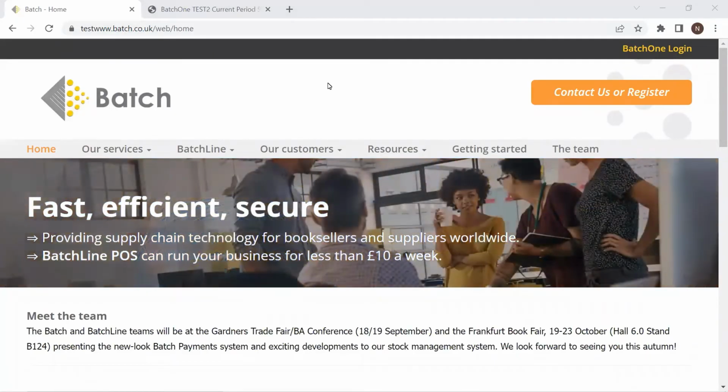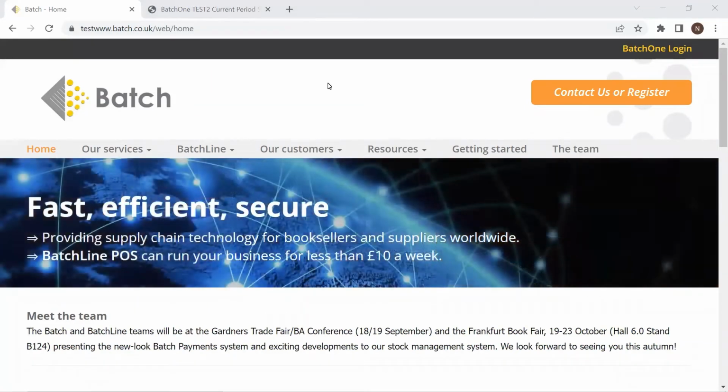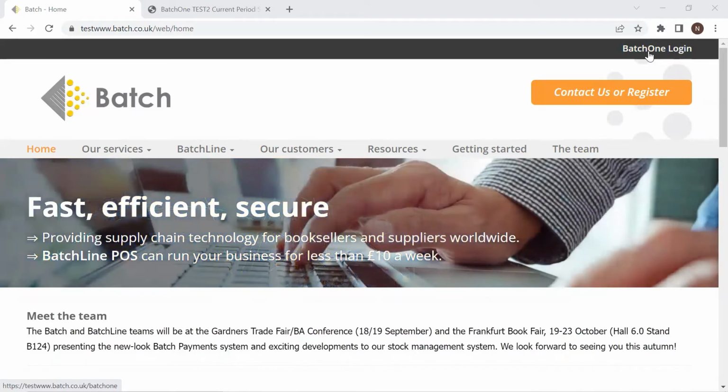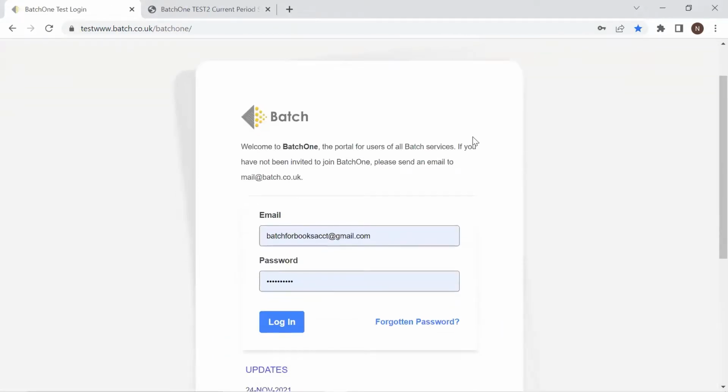The first thing we're going to cover is how to simply log into Batch. The first time you log in, you'll go to our website, batchforbooks.com, and you'll click on the Batch 1 login in the upper right-hand corner, and that's going to bring you to this login screen. I would recommend bookmarking this page so you don't have to go to our website every time. So you put in your email address and your password, and you log in,